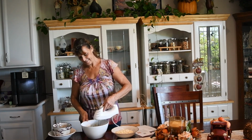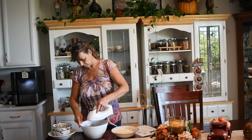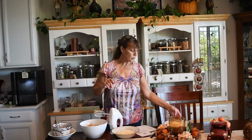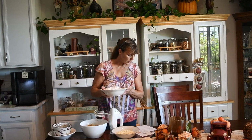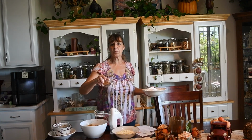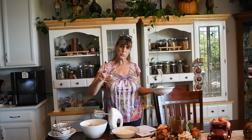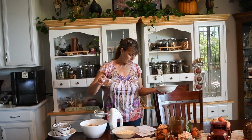Okay, we're back. Now that we've got our wet ingredients mixed together, we are going to add in our dry ingredients. Here we doubled our recipe, so we used 3 cups of all-purpose flour. We are going to use my own pumpkin pie spice mix. The original recipe for pumpkin pie spice mix is 3 tablespoons of cinnamon, 2 teaspoons of ginger and nutmeg, and